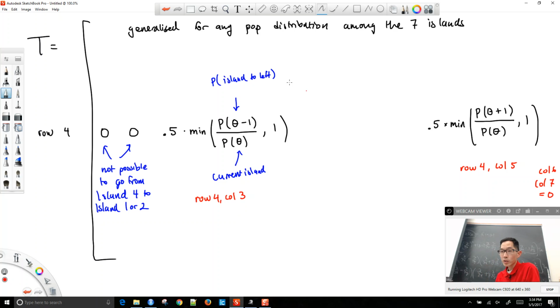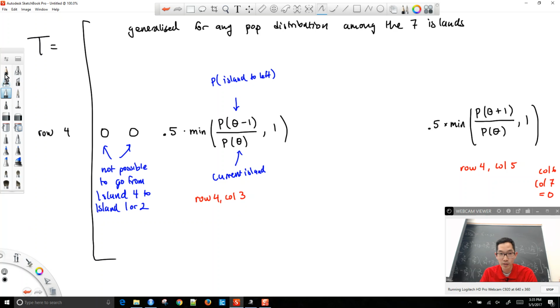Okay, so then what goes in the middle? Well, it's everything kind of left over. So this is now generalized for any population distribution. So it could be bigger or smaller islands to the right or to the left. Okay, so we might remain if it proposes to the left and we don't move to the left, and we might remain if it proposes to the right but we don't move to the right. Okay, so this is going to be,